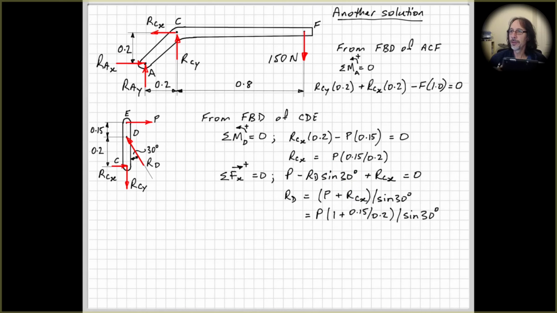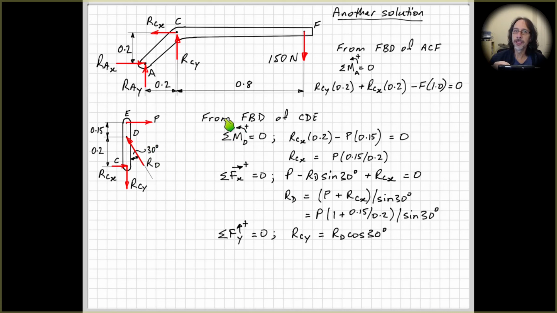So I do that. So that's what's happened here. I've just substituted RCX into here. Right, so I have an equation now that relates RD to P, but as yet I don't know RD in this solution. So if we do sum of the forces in the vertical direction equals 0,